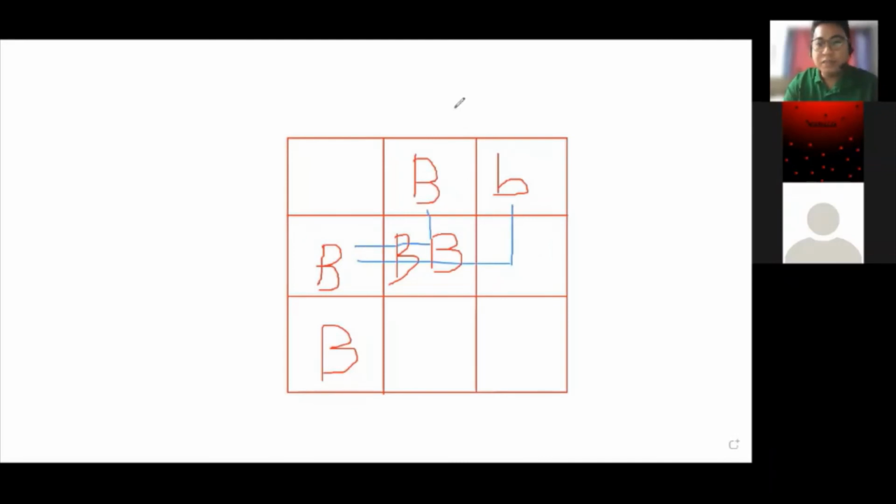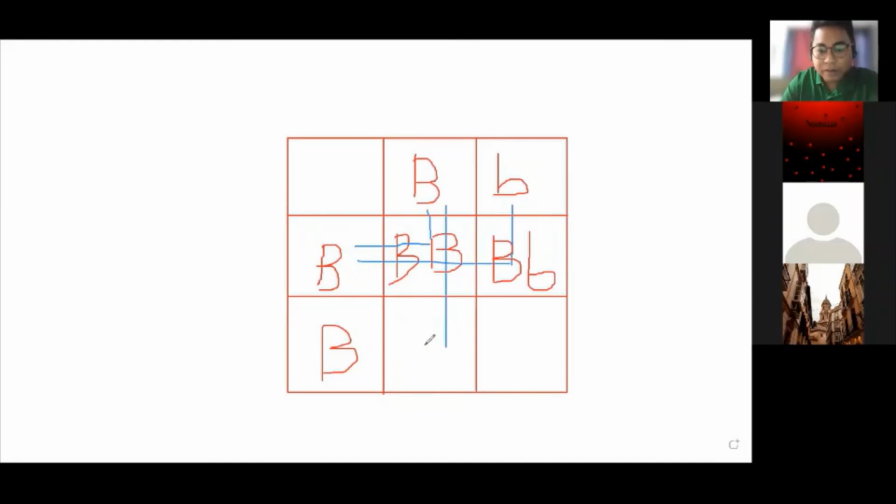So, this will have big letter B, and then the small letter b. Ayan. The next one naman is this one and this one. That will give us a pure dominant black.